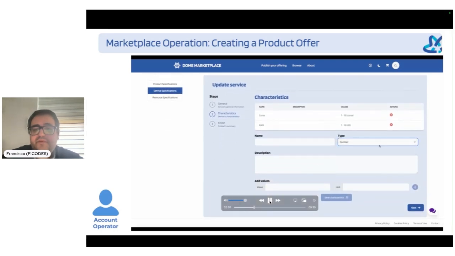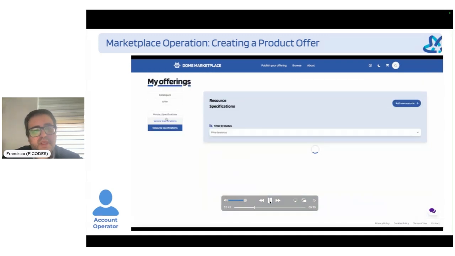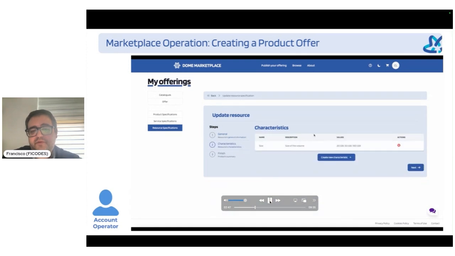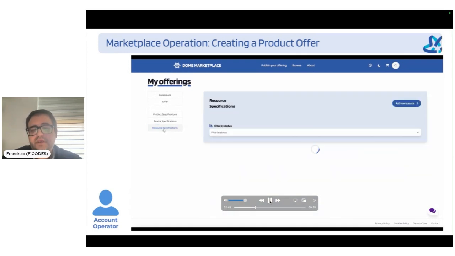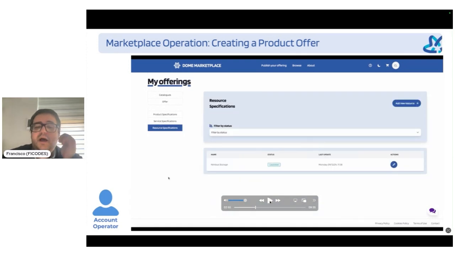There are different types of characteristics that you can provide, numbers, strings, etc. And with the kind of the services is exactly the same. You have to provide a name, you have to provide a description, and then you have your characteristics. Okay. Once we have these services and these resources created, what we are going to do now is to register our product